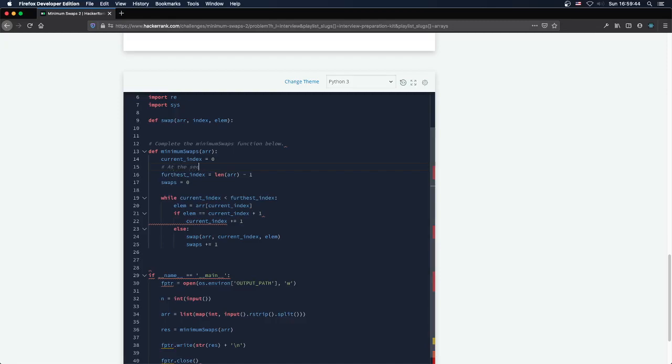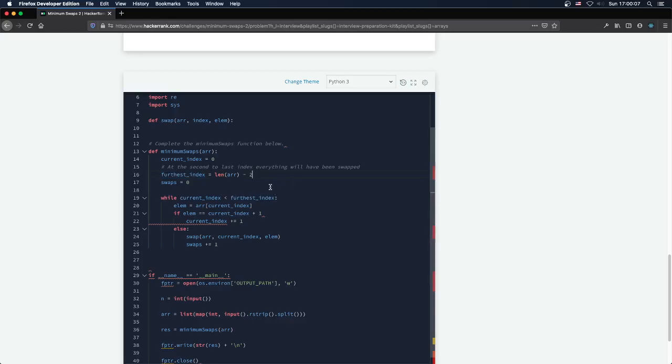At the second to last index, everything will have been swapped. So that's our furthest index, is the length of the array. I guess, no, it'd be not minus 2,